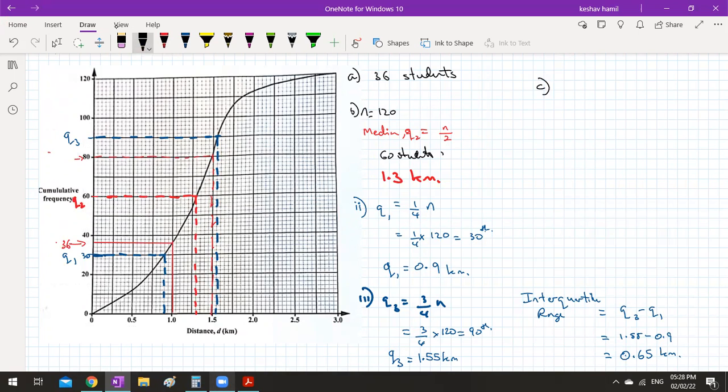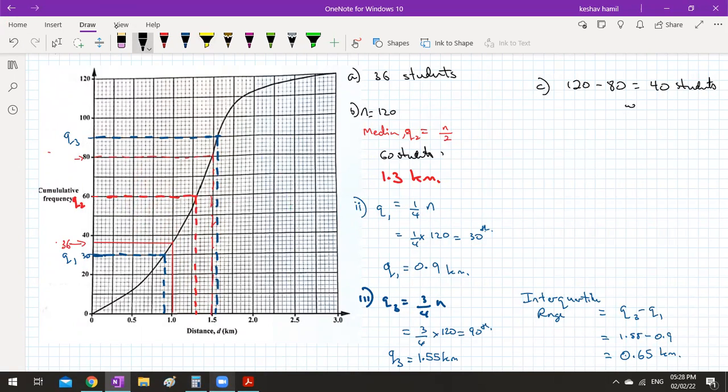It's part C. So 80 students, if you check the bottom part of it, right, walked less than 1.5, right? And the top part of it, or the right-hand part of it, is whoever walked more, right? So in other words, we have to take the total amount of students, 120, and subtract the 80 students. This will give us 40 students